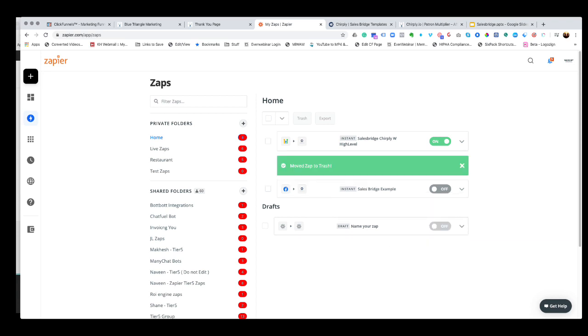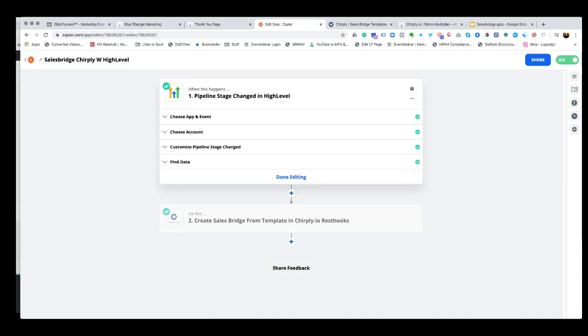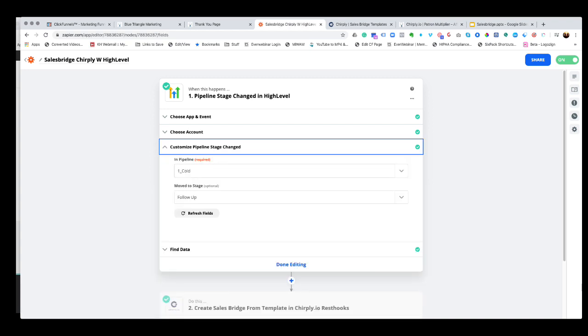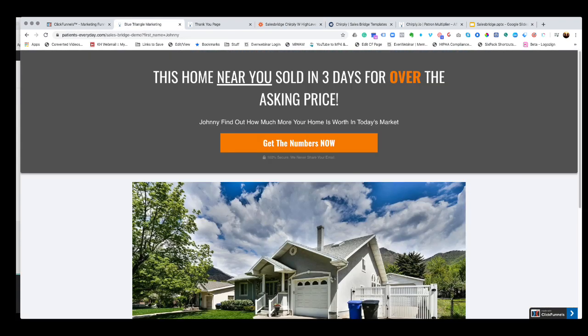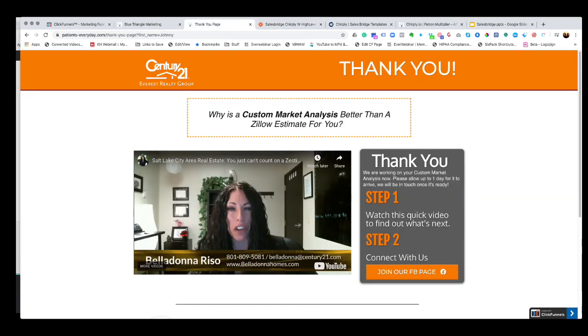And I'm going to show it to you with a competitor that's a little better than ClickFunnels. And that's called High Level. Basically, the way it works in High Level is you have a pipeline, and you have somebody coming into the cold leads, which works basically the same way. One thing High Level lets you do is take this entire funnel over with one click. And when they get moved from a cold lead to the stage follow-up, they basically come here to the thank you page.